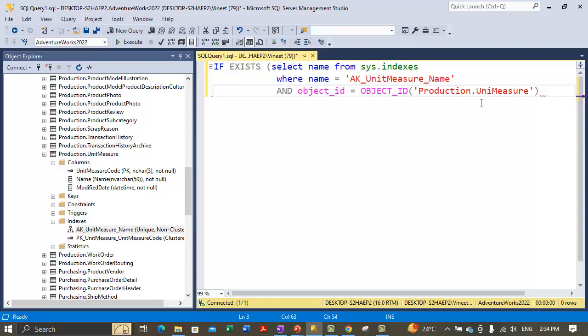So here we are checking on two criteria. First is on the name of the index, and the second criteria is the table name should be production.unit measure, and the name of the index should be this. And if this particular object exists, what will it do? So this is a check basically,